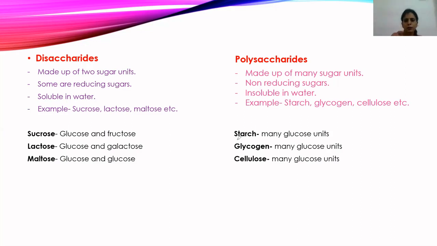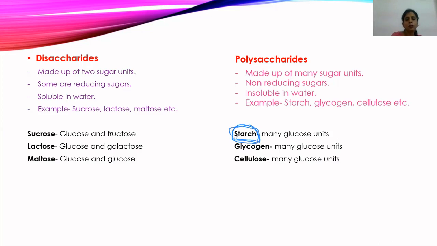Transportation of this glucose does not happen in the form of glucose. This sugar or this food is translocated to different parts of the plant in the form of sucrose. Whatever amount of glucose is required is consumed by the plant. The excess amount of glucose is always stored in the plant in the form of starch. So this point is important. About this in detail you will learn in the transport chapter, transportation in plants.